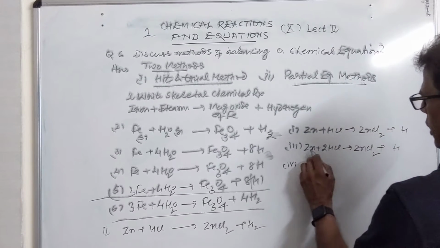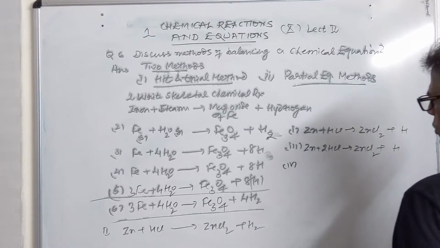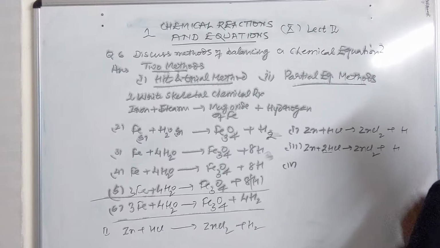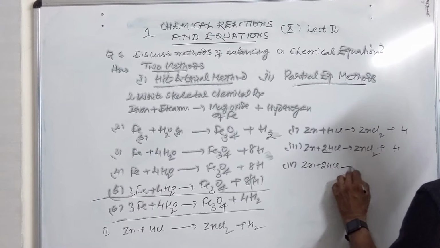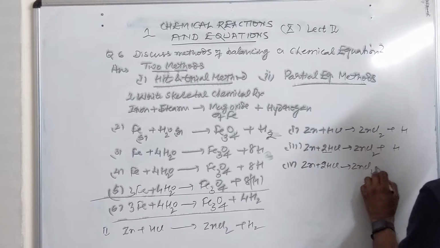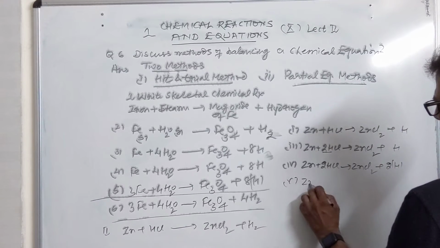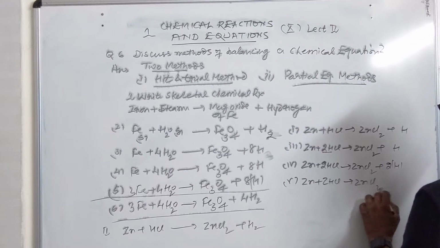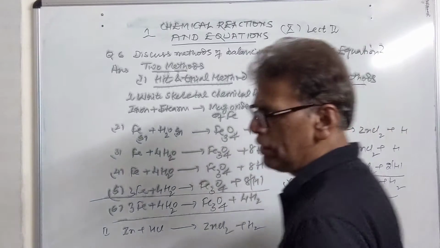Fourth step, balancing of zinc. We are having 1 zinc here, 1 zinc on the product side, so it is balanced. Now balancing of hydrogen, we are having 2 hydrogen here, so it should be made 2 here, 2 HCl, we get ZnCl2 plus 2 hydrogen, and in the last step make the equation molecular. You put here H2. This is your balanced chemical equation.